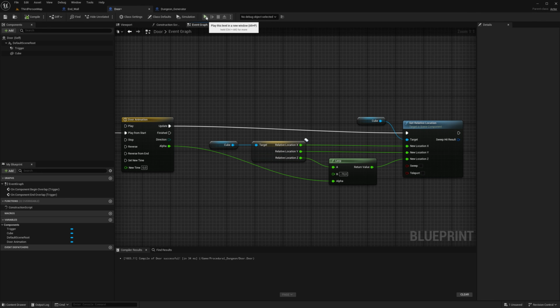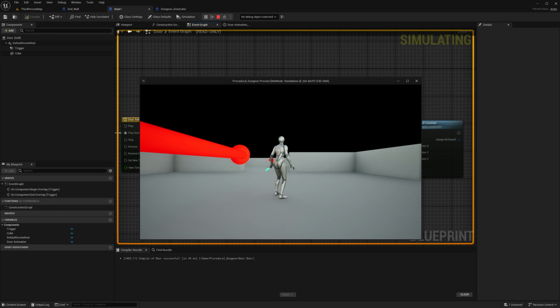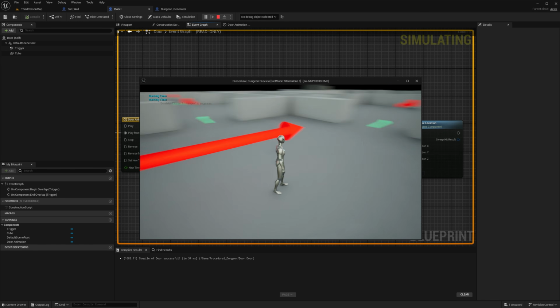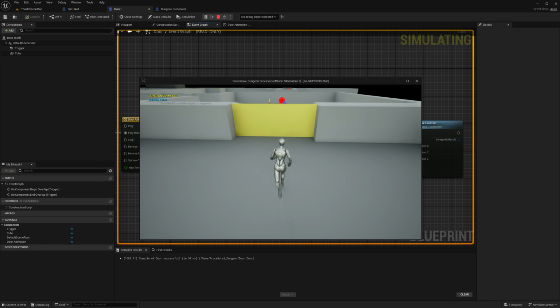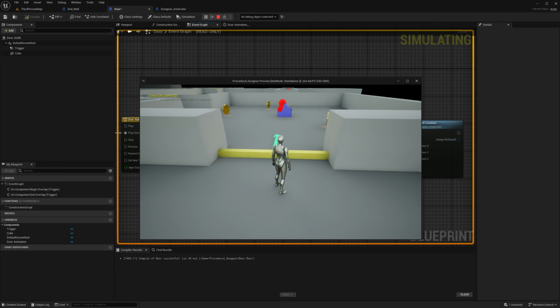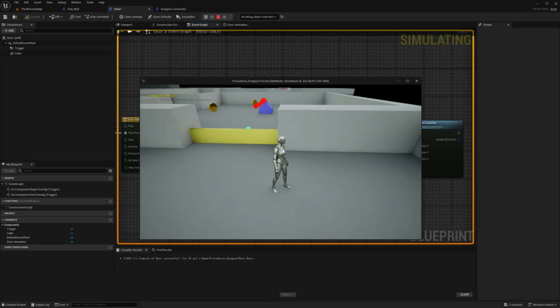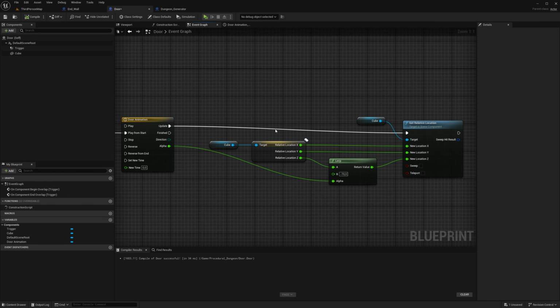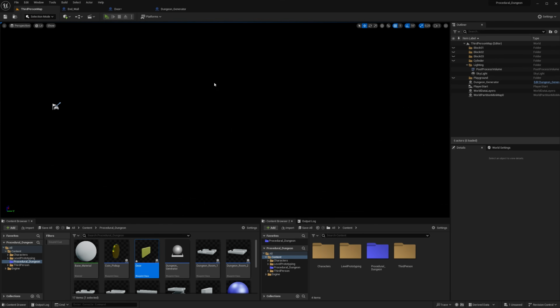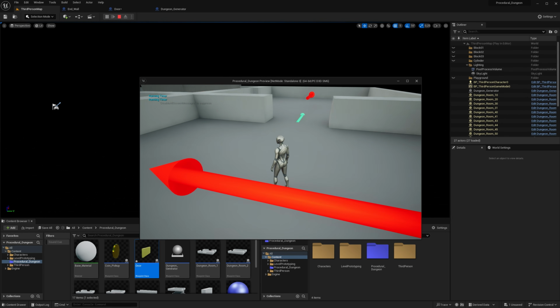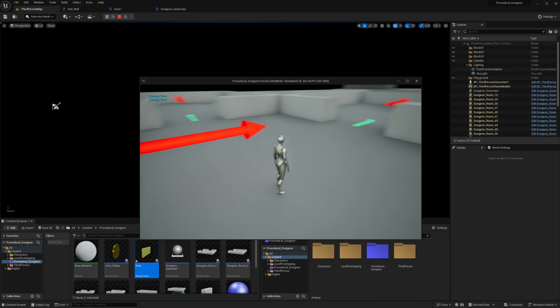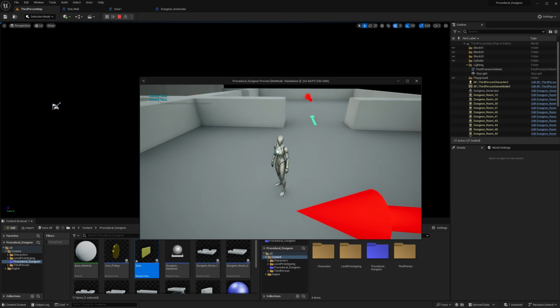Let's try and see if that works. Did it end up the same? I mean, this is where the trial and error starts, -150. This is why game development takes so goddamn long.